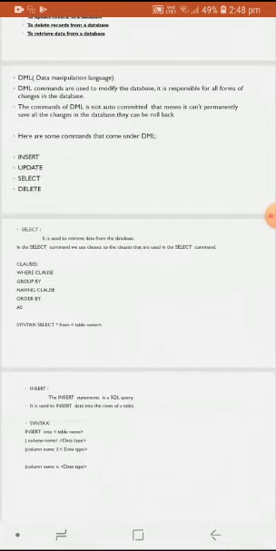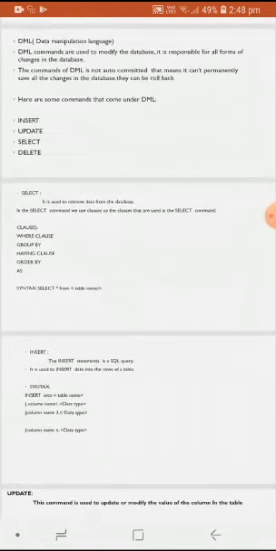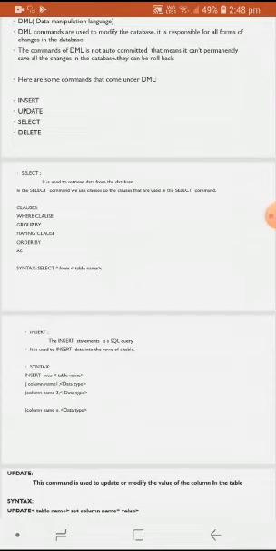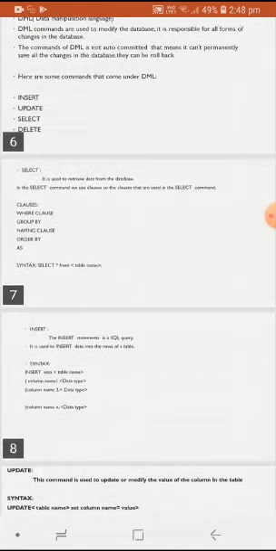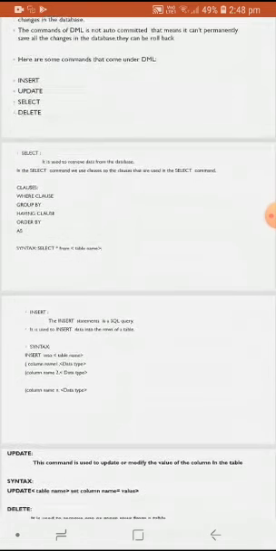If you want to select a particular record, you have to mention a condition, that is, which condition has to be satisfied. So the select command will have some clauses that decide which rows to retrieve. The where clause is used for which row to retrieve, and the group by clause is used to arrange the data into groups.